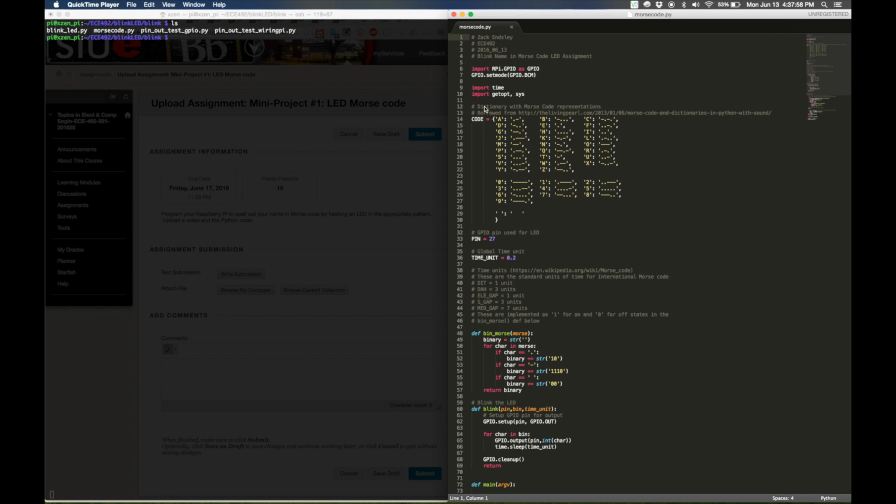This is a quick rundown of my blinking LED with Morse code program for ECE492/ME492. Basically, here's my code, and I wanted to go a little bit more in depth on this than was